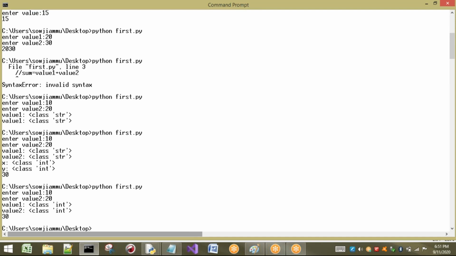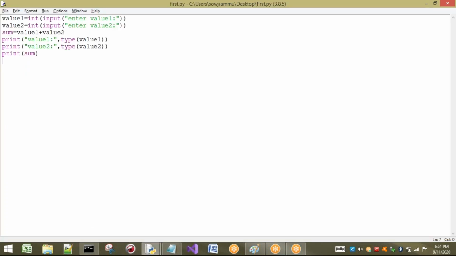Sir, why take all these things? I just want to print everything in a print statement. Everything is possible in Python. Okay. See here, I am commenting this one out. Okay. Next, I just want to show you everything in a single line. Print. What do you want? I want to print this sum. For example, I want to print what? Sum.